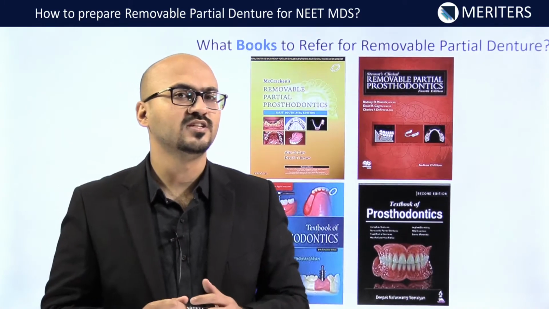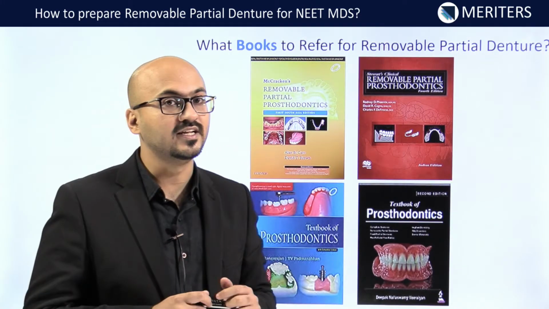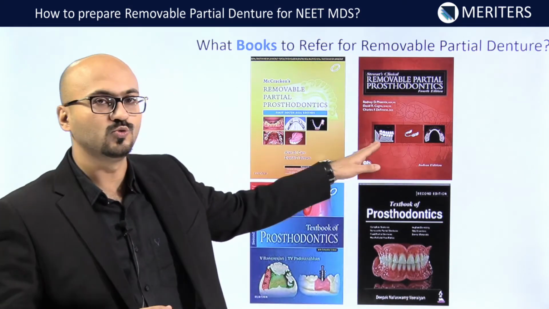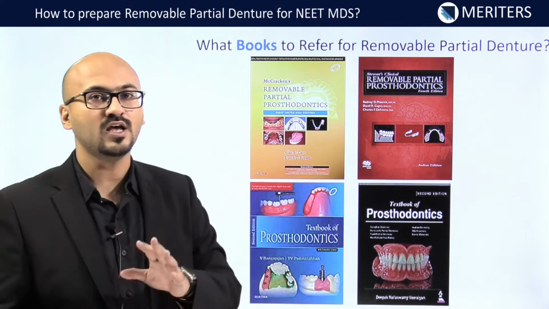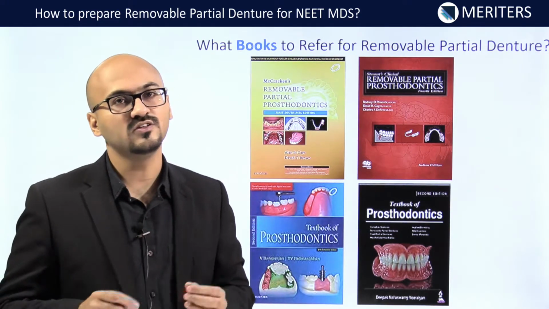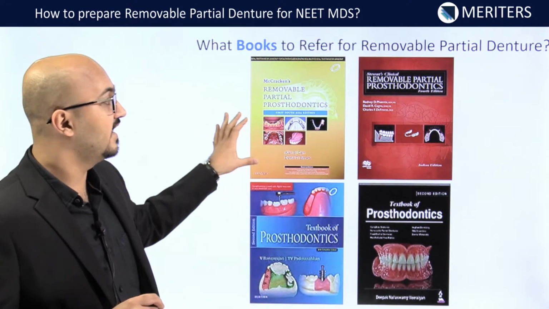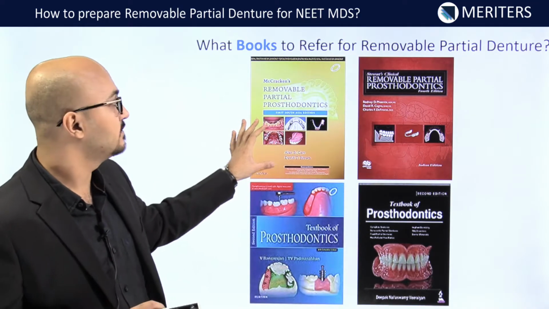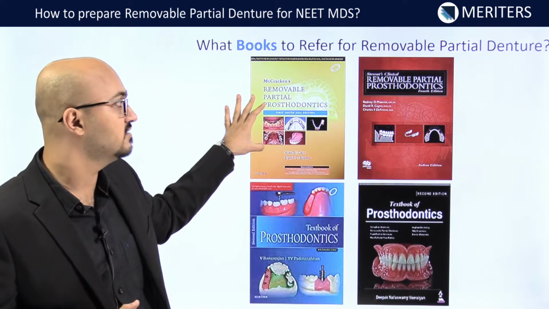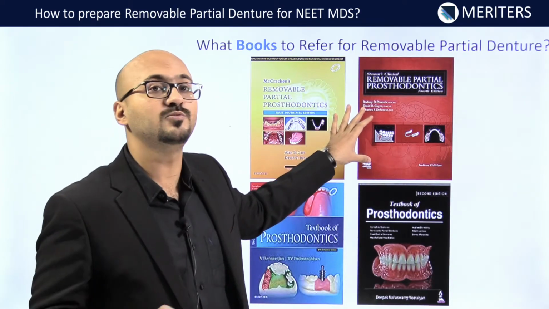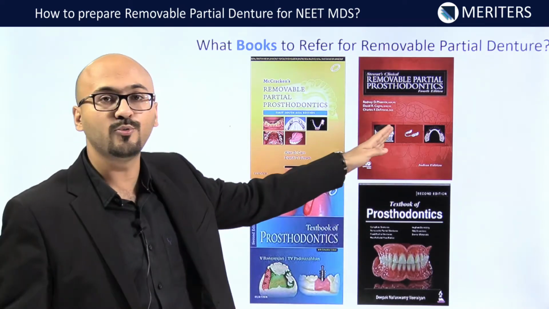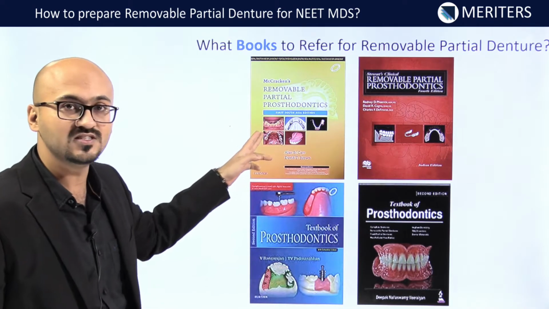The important question is, which book should I read for cast partial dentures? The two most standard textbooks are McCracken and Stewart. Both of them are available in South Asian editions as well, so you can refer to either the International edition or the South Asian edition. They have good clinical illustrations; especially McCracken has a lot of good pictures which can be asked for image based questions. Stewart has a good description of all the components of cast partial denture. So make sure you read the components here and correlate with the images here.